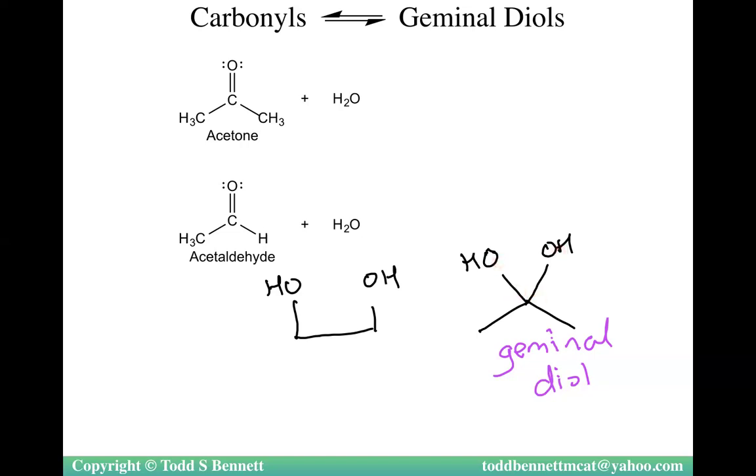Or if you happen to be fluent in a Latin-based language, let's say Spanish, gemelas and gemelos, GM, will be your diol. So when they're twins, they come from the same carbon,